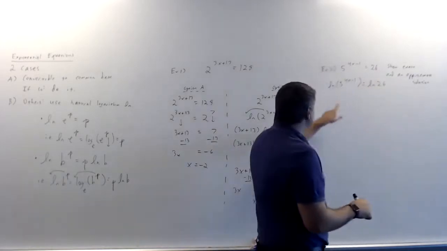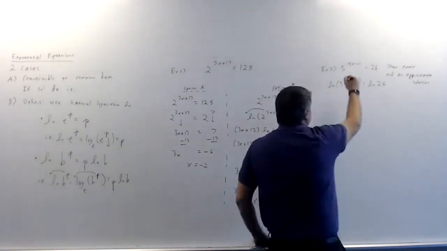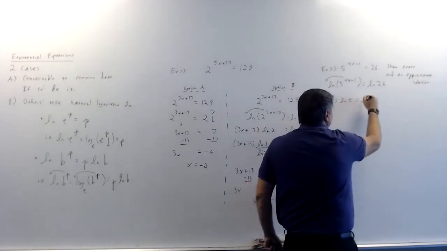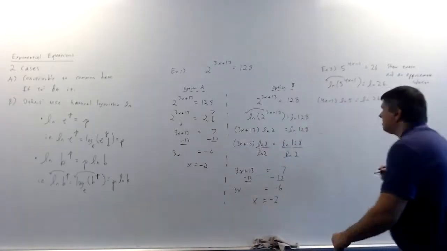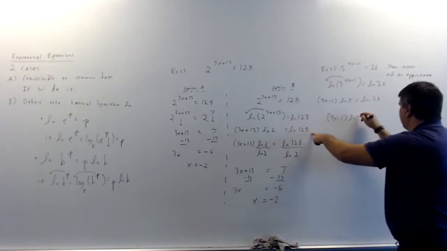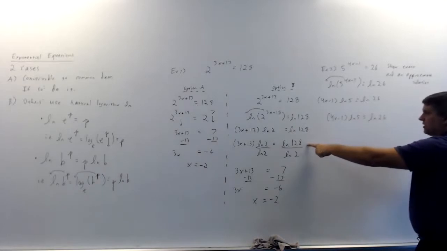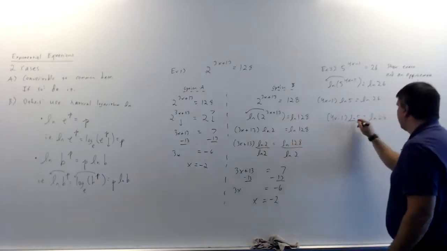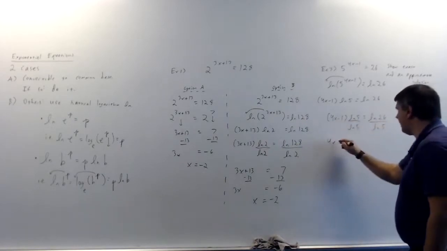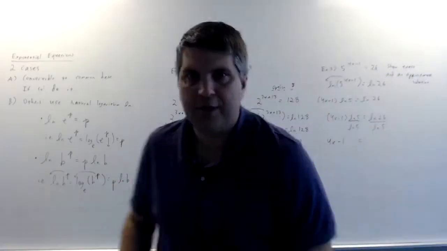Now, because this is log base e of something else to a power, we can take the power to the front. I'm going to put it in parentheses. All right, now just like I did here, I'm going to divide off the natural log that's on the left side. So I end up with 4x minus 1 equals,